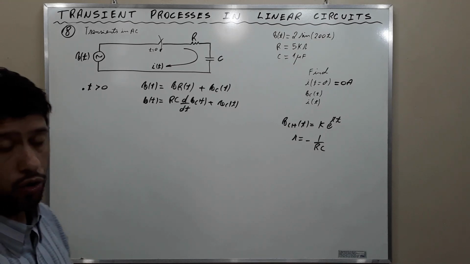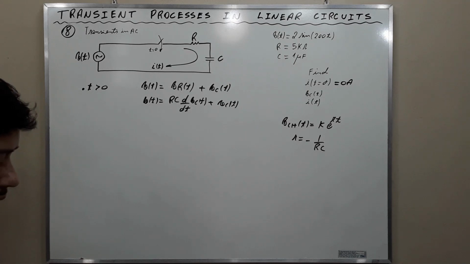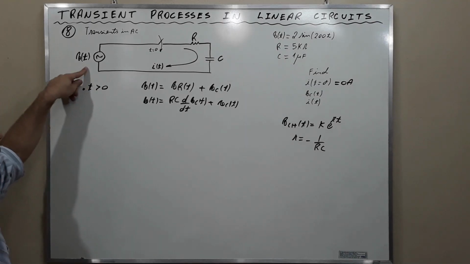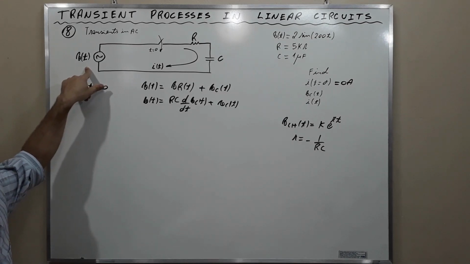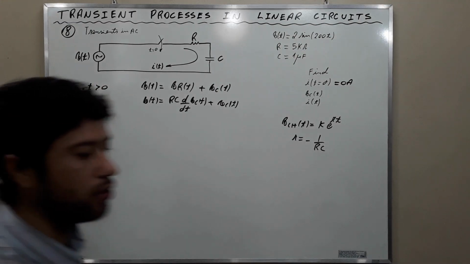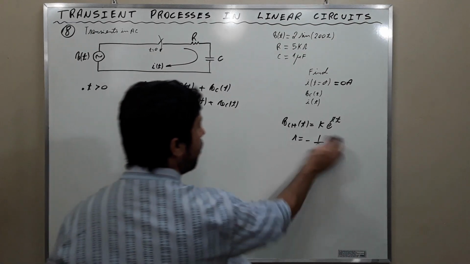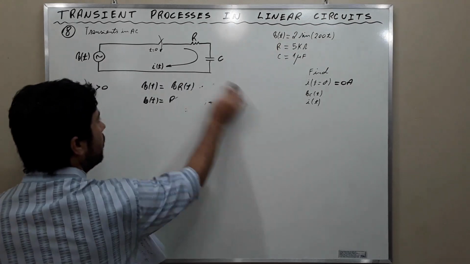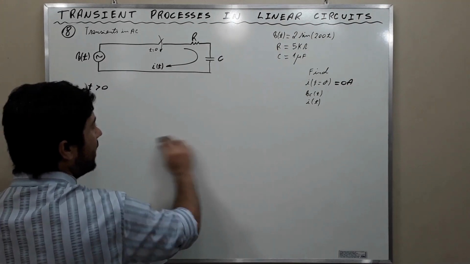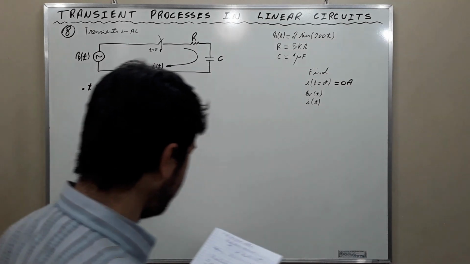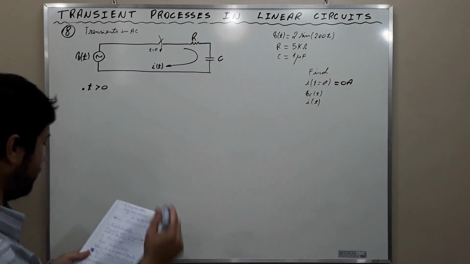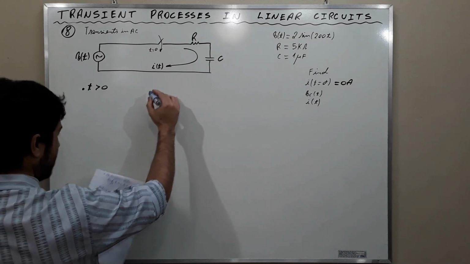The particular solution has to reflect the nature of the forcing term. Here, the forcing term is sinusoidal. It is not DC. Then, we have to model the circuit. Our particular solution has to reflect the nature of the forcing term. Then, our particular solution is going to be of the sort